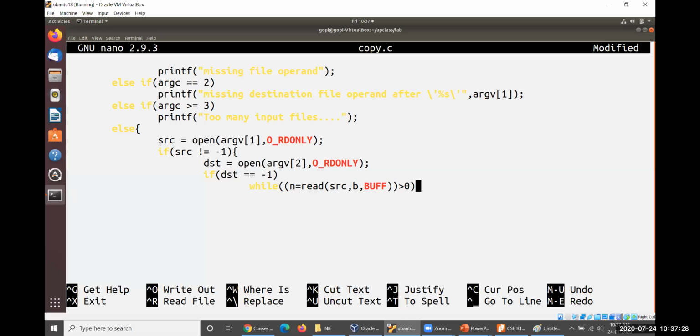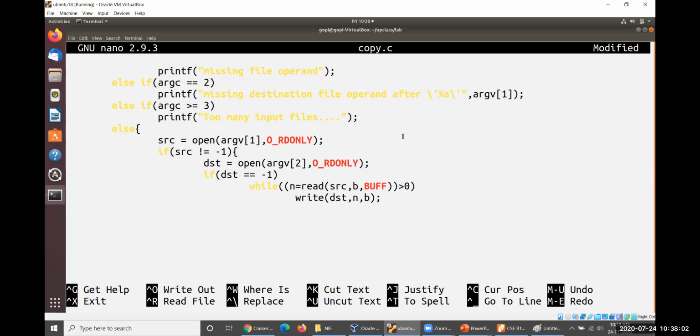Yes, we'll go ahead and write the data onto the file. Write, so DST, comma, and how much data has been taken into consideration is n. After reading, how many bytes did you get? n number of bytes will be available here. Where exactly will the data be? The data will be available at b of n. Otherwise, you could specify b. There is no problem at all. So it could be written onto the file.